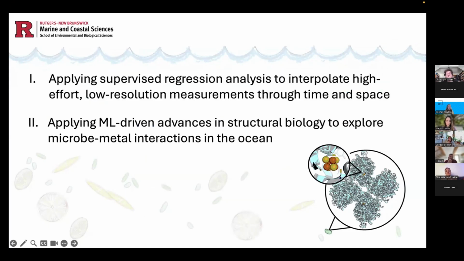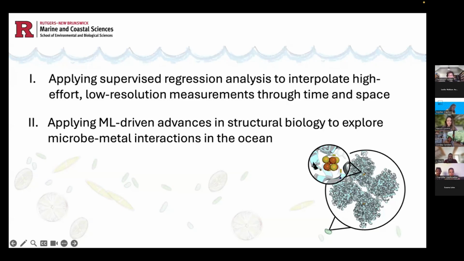It's an absolute pleasure to be with you all here today. As Christoph mentioned, I am not a numerical modeler by trade. That said, many machine learning tools are really approachable for those of us who lack a background in mathematics, and I've spent some time in the past few years exploring their value in augmenting my field and lab research on ocean metabolism. So today I'm going to share with you a first foray into this space, a paper from my PhD, which applied a supervised regression analysis approach to interpolate low resolution but very high effort measurements through time and